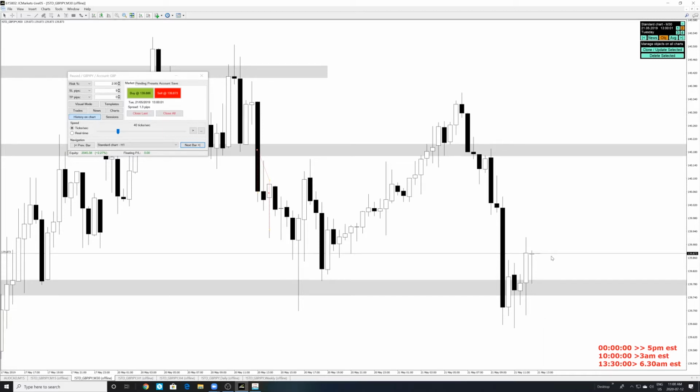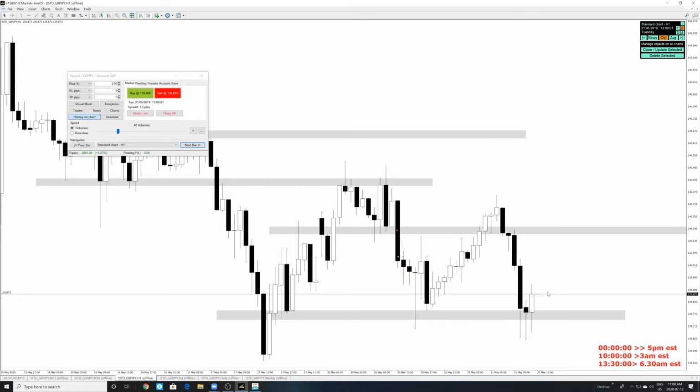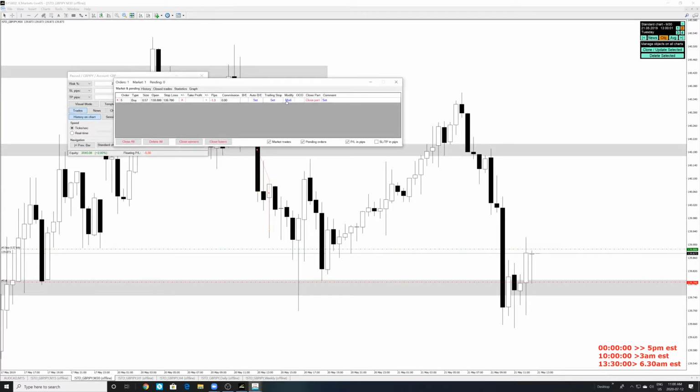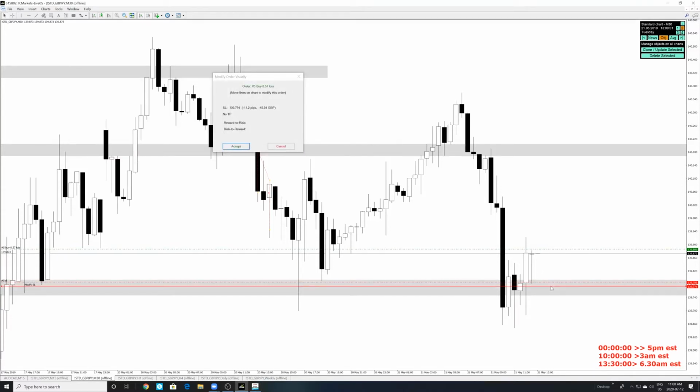Me, myself, I'm a somewhat aggressive trader, and I do believe we're going to continue moving up because we're creating support. So I think we should come up towards 140, 170 right over here. So let's do a 10 pip stop, and we're going to do a buy over here. Go to 30-minute. Our stop is basically below the previous 30-minute candle.